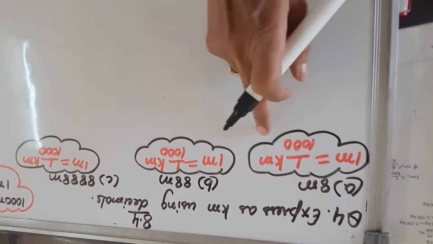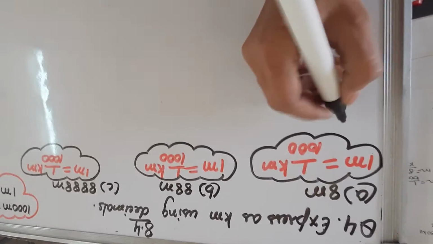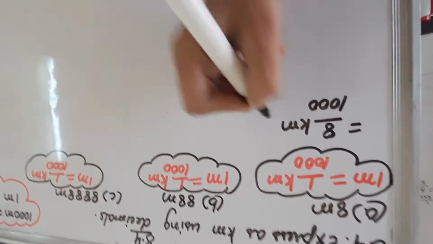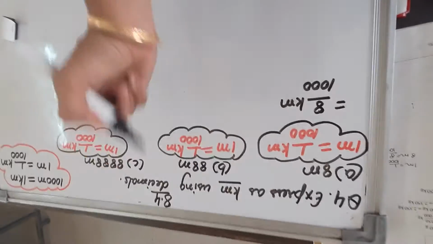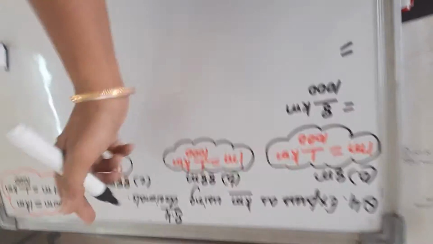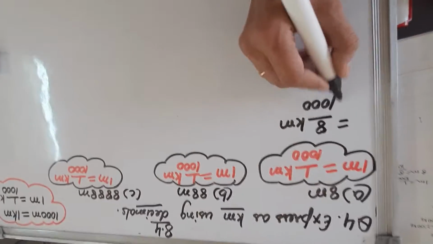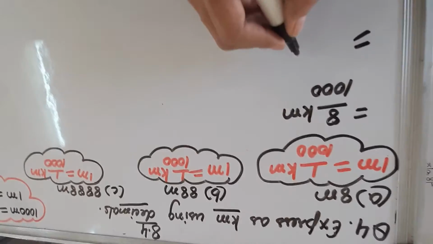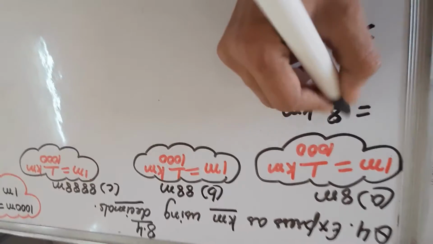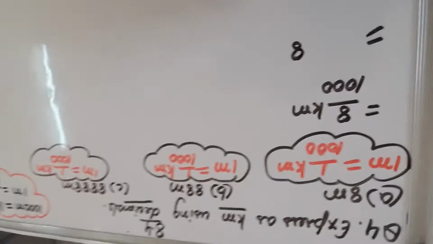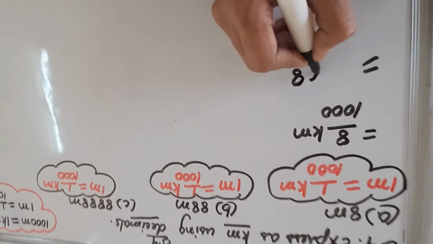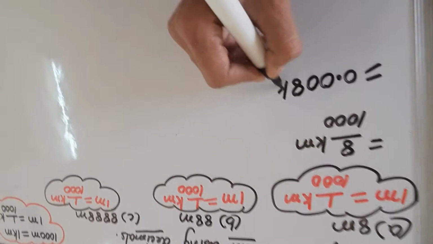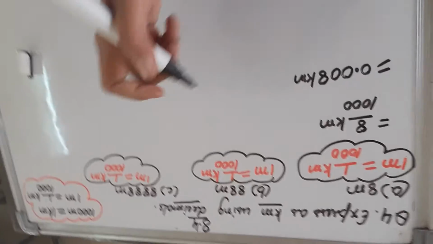1 meter is equal to 1 by 1000 kilometer, which means we have to divide. So 8 divided by 1000. Now it will get converted into kilometers because kilometers are required. Now second part, we need decimals. For 1000, it has 3 zeros. We need to leave 3 digits after the decimal. So one digit is given as 8. What about the other two? So we'll take 0, 0, 1, 2, 3, then place the decimal. So it will get converted into kilometers.